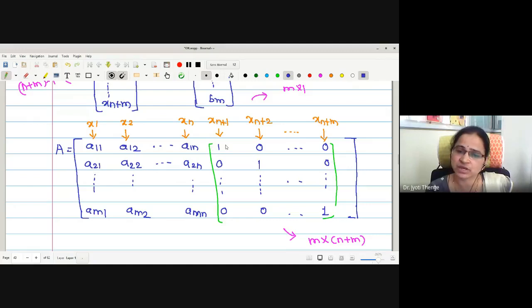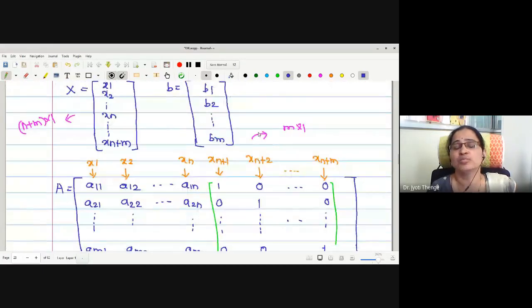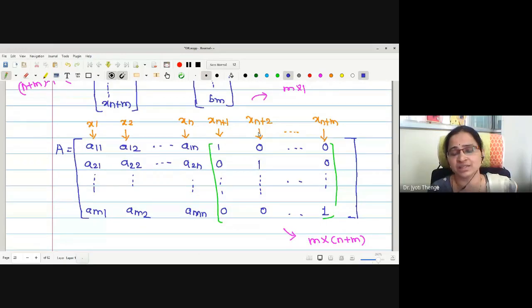Now why are these the basic variables? Because the determinant of the coefficient matrix is actually 1, because these variables form the identity matrix. Therefore this satisfies the conditions of a basic solution. Also, as they take non-negative values, they satisfy the non-negativity restriction. Therefore those are feasible also. Therefore this will be the basic feasible solution. And as we are considering this to be the initial solution, it will be considered the initial basic feasible solution. In the later stages, we are going to improve the solution to increase the value of z.